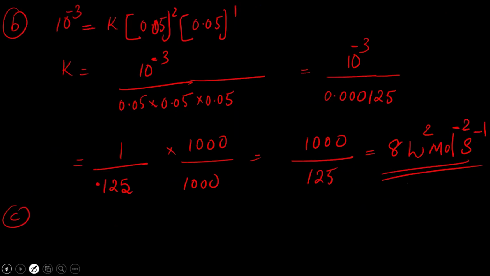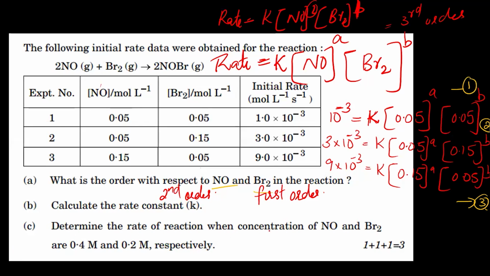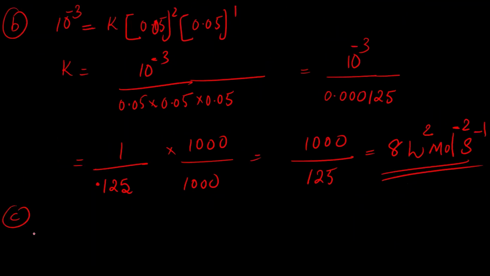What is the C question? Determine the rate of the reaction when concentration of NO and Br2 are 0.4 and 0.2. So now you got this K value, right? So you can find the rate. Rate is equal to K, which is 8, times what is NO? Its concentration is given as 0.4 squared, and Br2 is given as 0.2 to the power 1. So just the calculation, you will be getting the value as